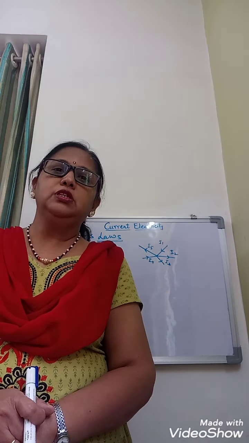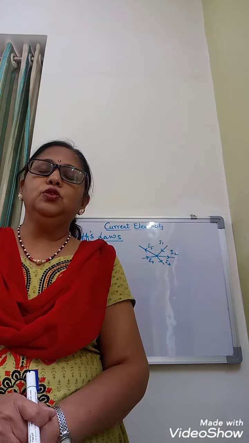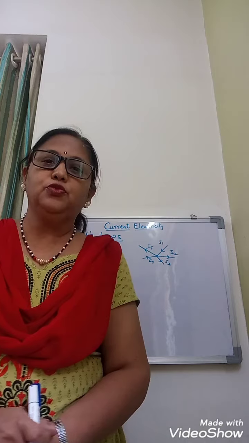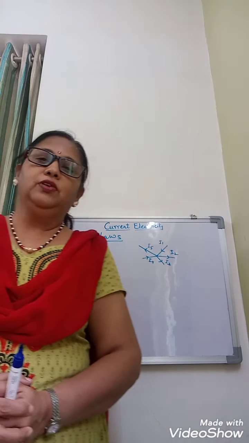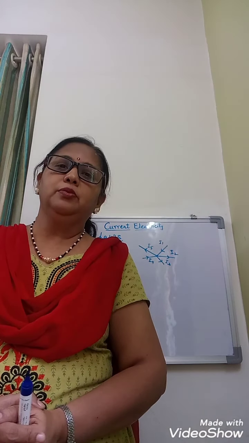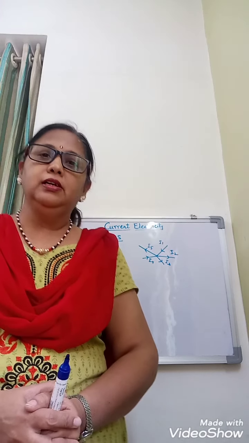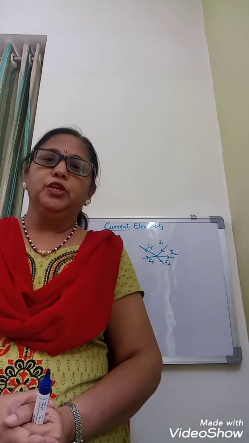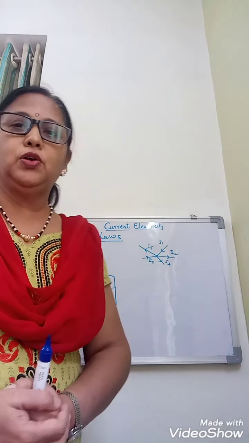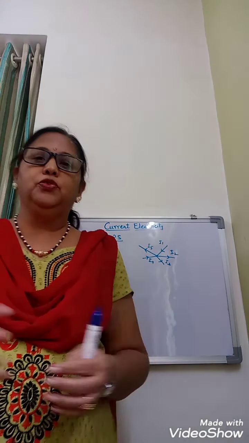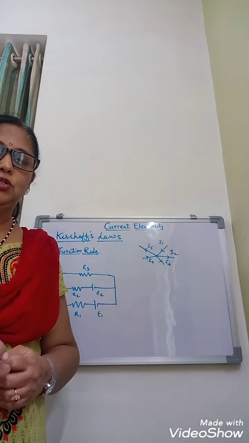So first of all we have to see what these laws are useful for. As you know, in electrical circuits, when the current is flowing, we use Ohm's law to find the value of current and resistance or PD. But in complicated circuits it becomes difficult to use Ohm's law. So to analyze complex electrical circuits, Kirchhoff's laws are used, wherein we have a number of junctions and loops. There we have to use Kirchhoff's laws.